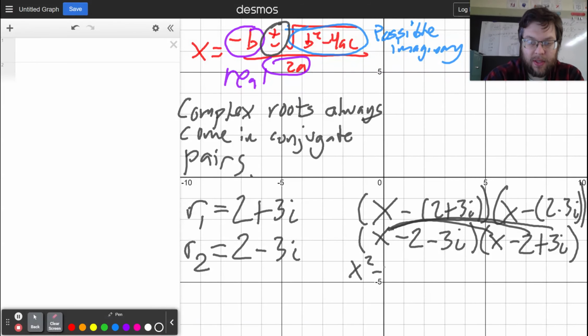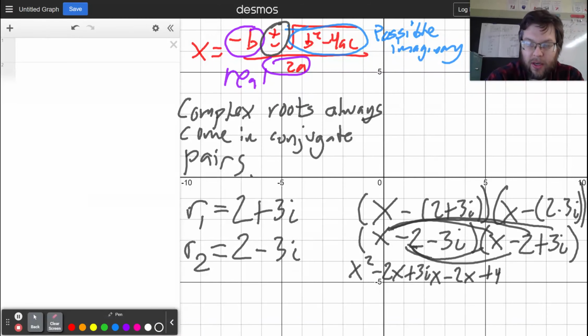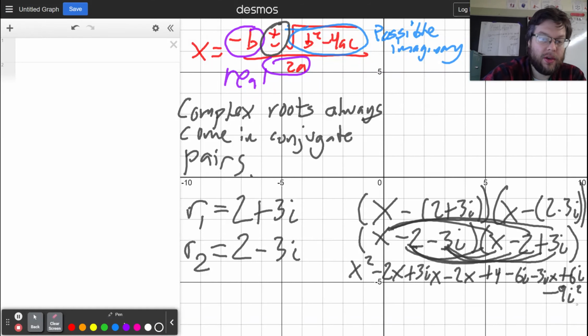X times negative 2, x times 3i. Then negative 2 times x, negative 2 times negative 2, negative 2 times 3i, then negative 3i times x, negative 3i times negative 2. I always run out of space. And then negative 3i times 3i is negative 9i squared. Notice that i squared is a real number. It's negative 1. When you simplify this, you get x squared,